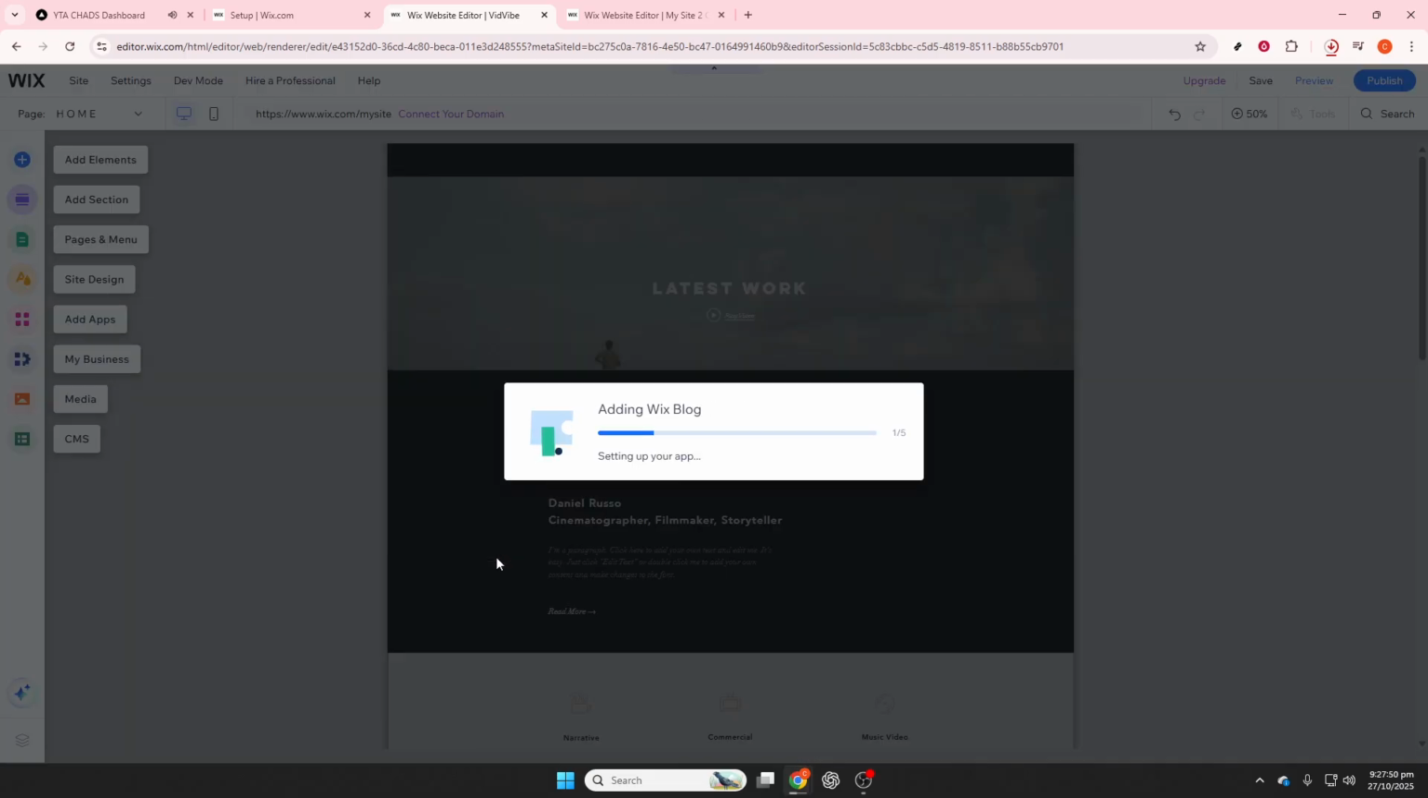Before launching, optimize your site for mobile users who make up the majority of web traffic. Switch to mobile view in the Wix editor. Adjust spacing, image sizes, ensure gallery